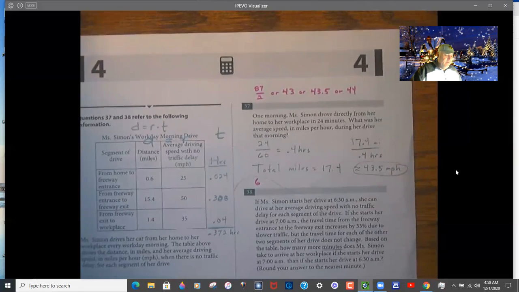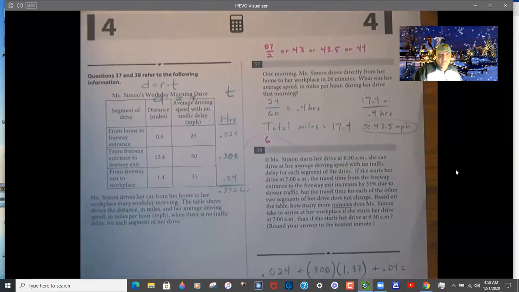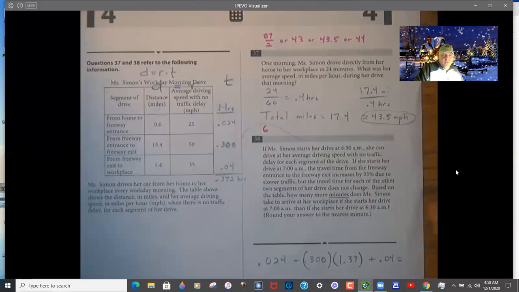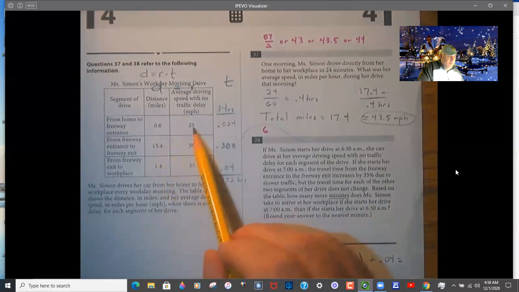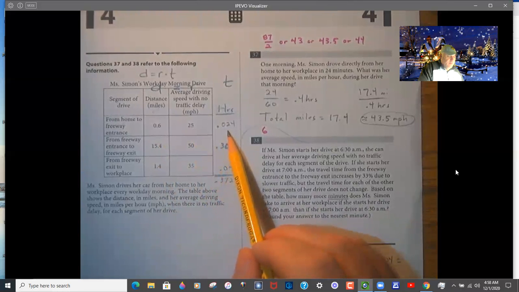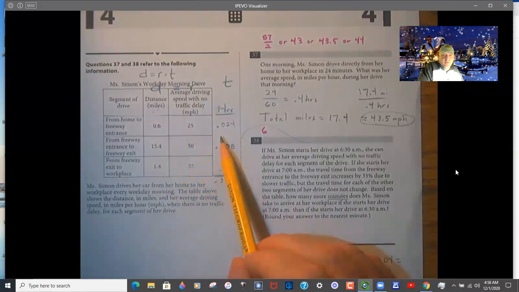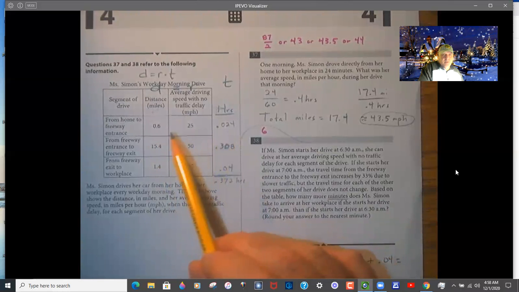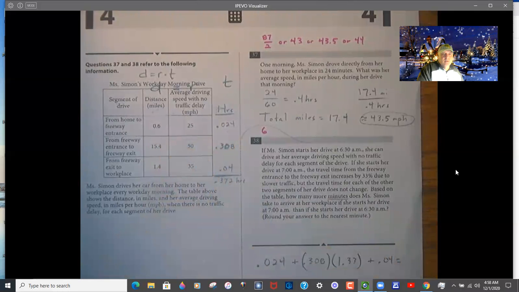Okay, 37. This is a distance, rate, and time problem, both of these. So you need to think this is the distance here, this is the rate, and this would be the time in hours that makes that true. So how did I get this? By multiplying here. So miles times miles per hour. 0.6 times